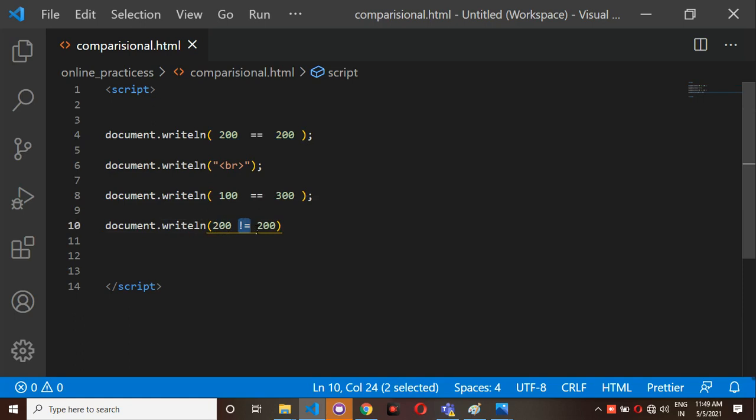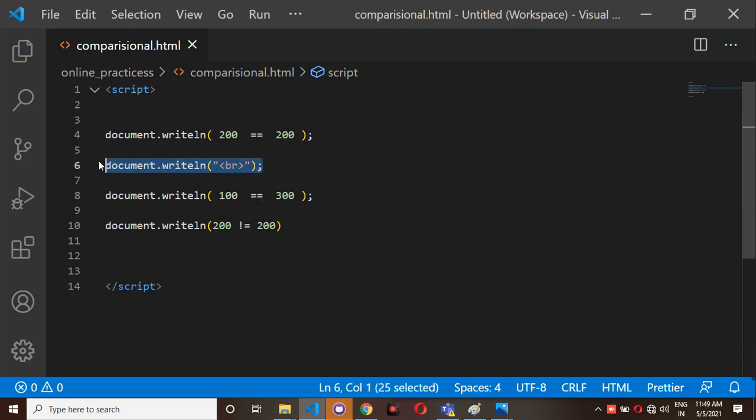This one means not equal to operator. What it is saying is 200 is not equal to 200. But in this case, 200 is 100% equal to 200 only. This equal to operator will give the boolean condition true.